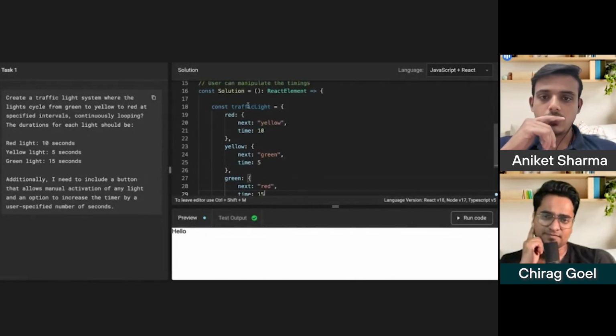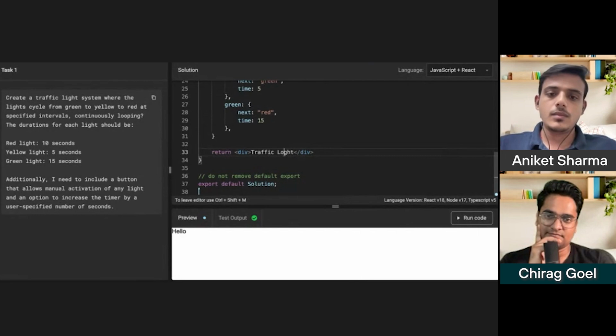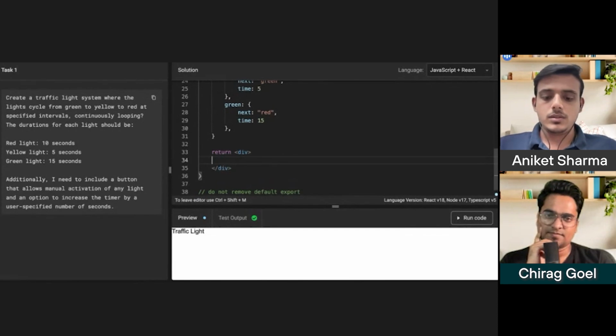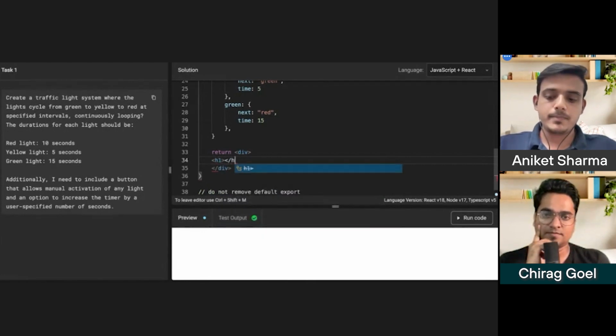Okay, now traffic light. So we can maintain a heading.